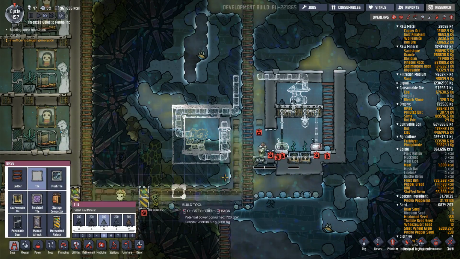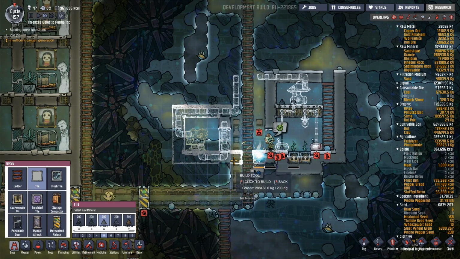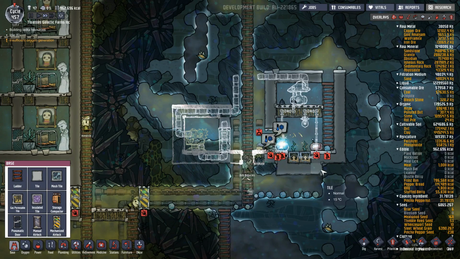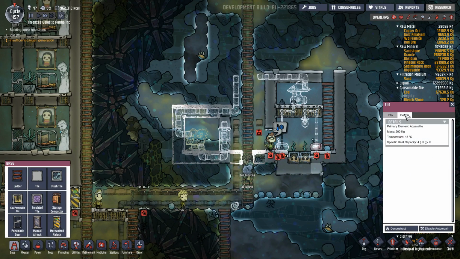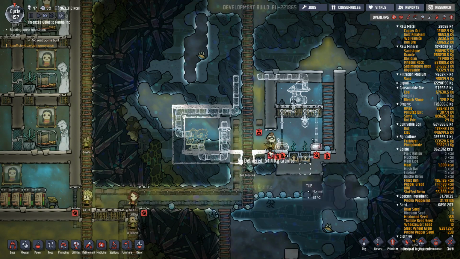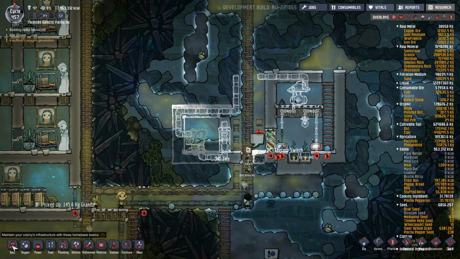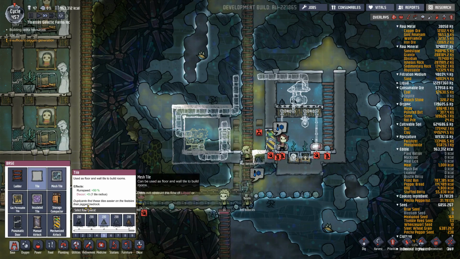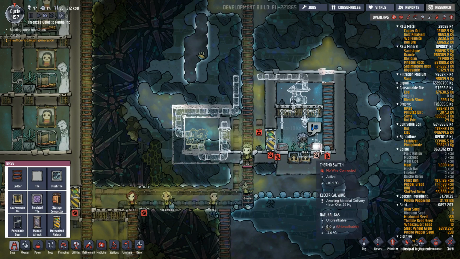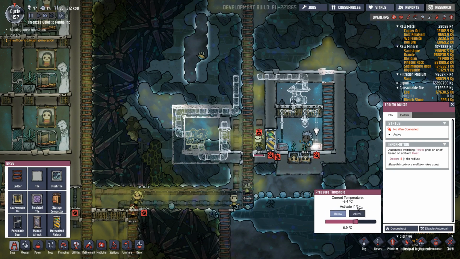I would like a granite tile here and here. Wait, no, these are abyssalite. Well, no, this granite won't affect it as long as this one's abyssalite. Yeah, then it'll be fine. And what we can do up top is give ourselves this abyssalite tile up here. Okay, so this is for the heat. So if we are below...